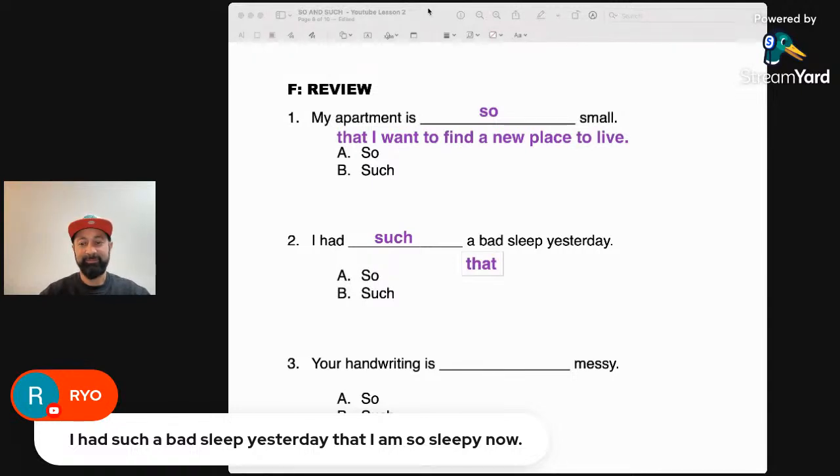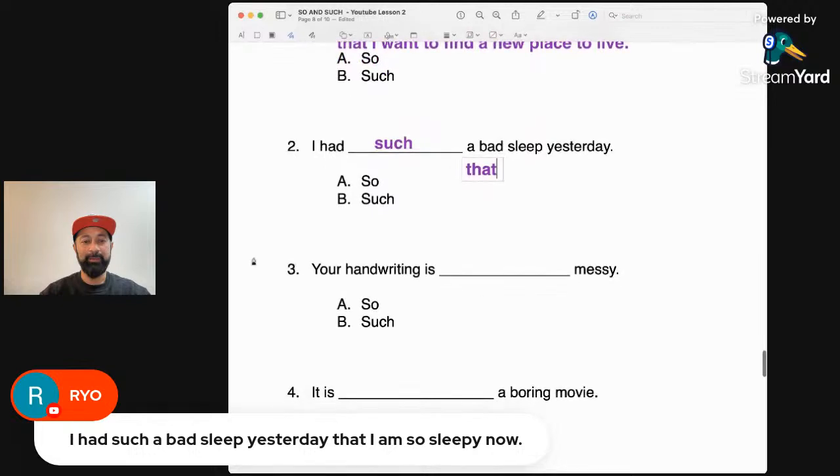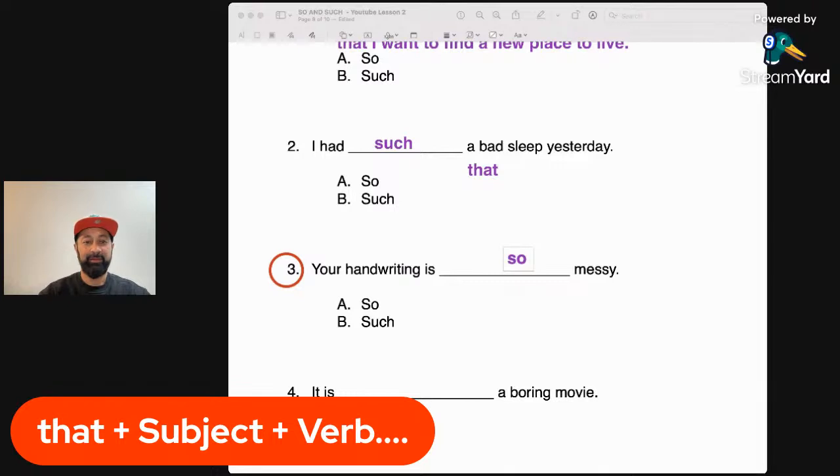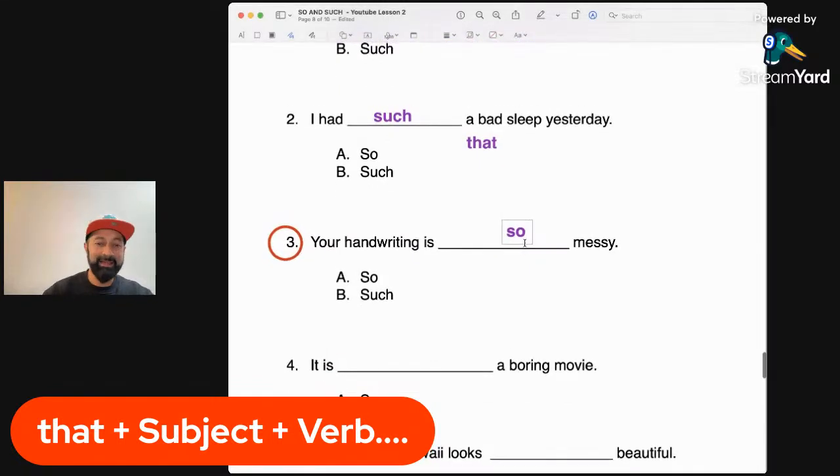Okay. What about number 3? Let's look at number 3. Your handwriting, we know, is so messy. Your handwriting is so messy. And then let's continue with that, and then a subject and a verb. Your handwriting is so messy that